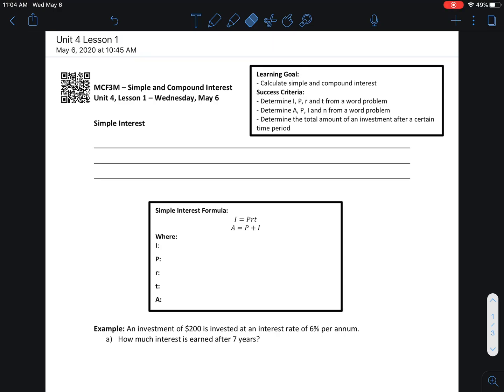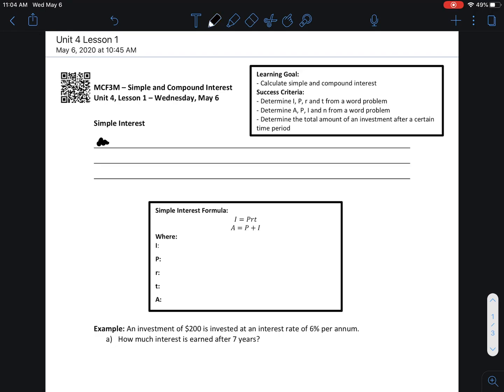And then from there, you're going to be able to actually use this in real life, because we're talking about money, and you're all going to deal with money at some point in your life. So this is a pretty important lesson. So, simple interest. We're going to look at 2 different ways of calculating interest. Simple is obviously simple, and then compound is a little bit more interesting, and actually you earn more with compound interest,